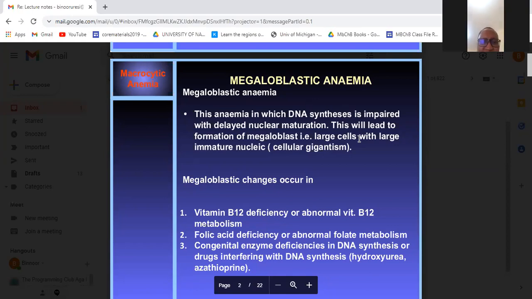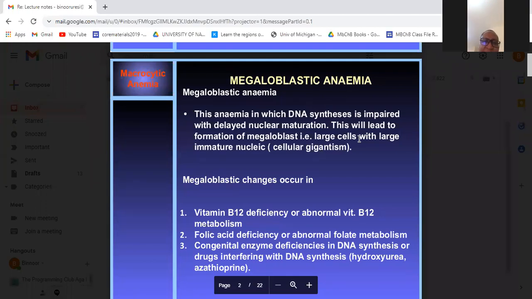So megaloblastic changes occur in one, vitamin B12 deficiency or any abnormality of vitamin B12. So this includes absorption problems, for example, in pernicious anemia, where you have intrinsic factor deficiency, because intrinsic factor is important for the absorption of vitamin B12. So you have the vitamin B12, yes, but you're not able to absorb it,